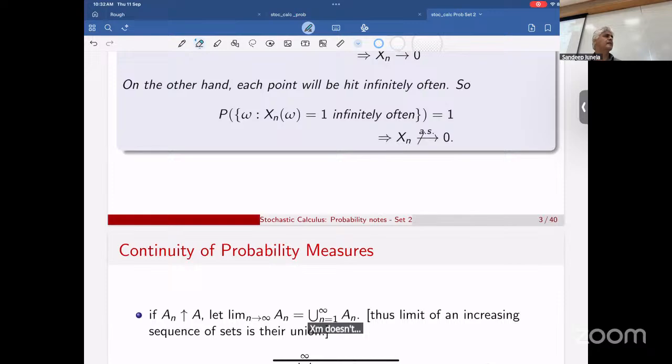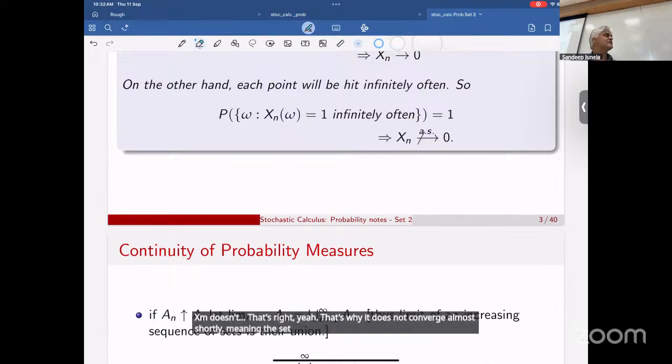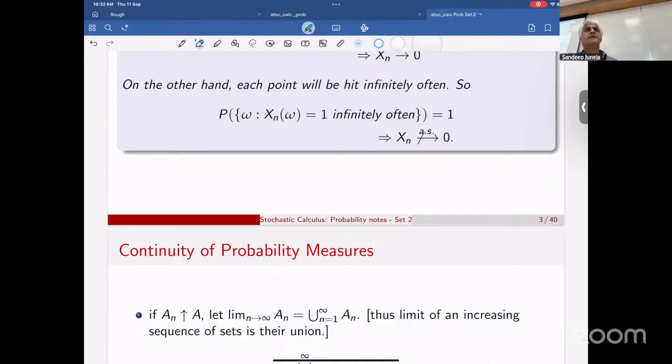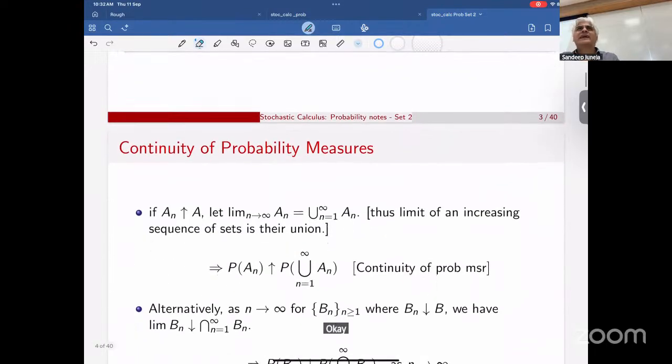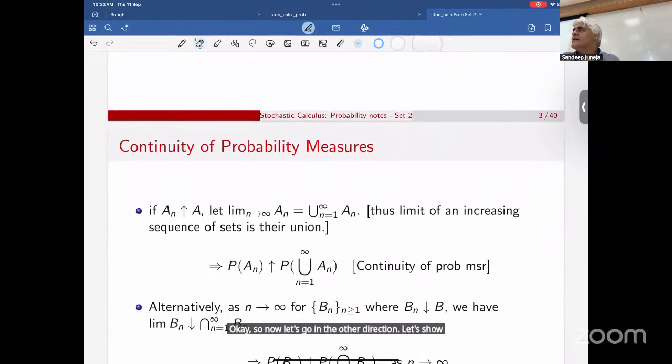That's right. That's why it does not converge almost surely, meaning the set where it converges is empty. Rather than saying almost surely, you can say everywhere. Okay, so now let's go in the other direction. Let's show that convergence